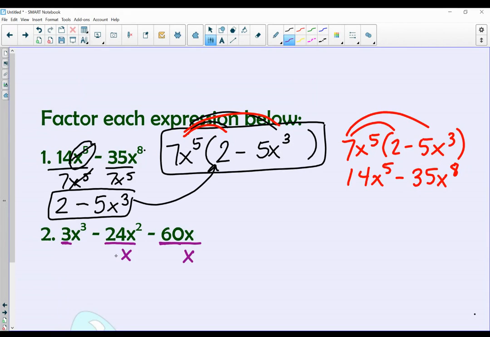So I'm going to divide each of these by 3x, because that is my greatest common factor. So I put that in front, 3x, and then I just bring down from what's being divided. 3x to the third power divided by 3x. Well, the 3's cancel. 3 divided by 3 is 1. And if I have 3x's here and 1x here,